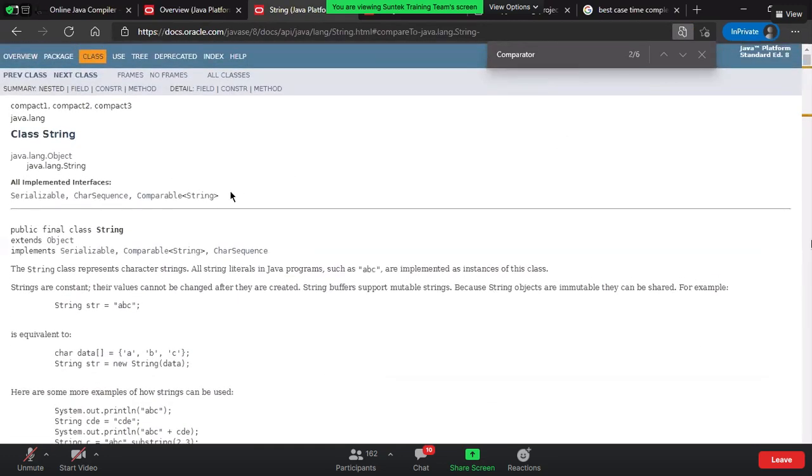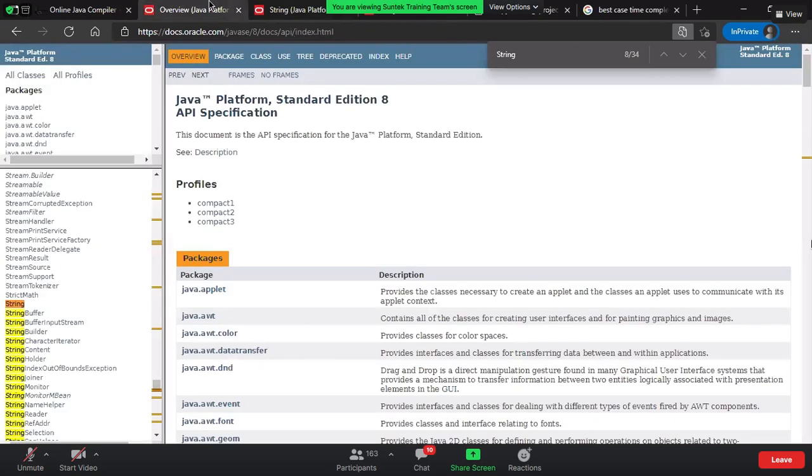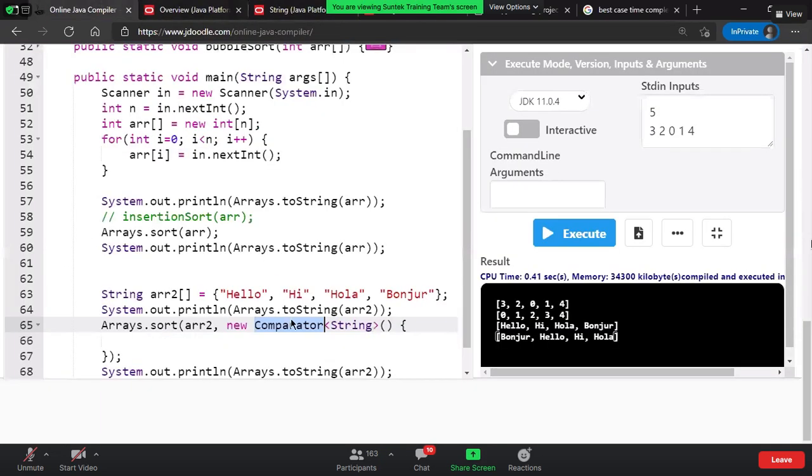So Comparable is an interface. Comparator is a class that is implementing that interface, but it's an abstract class. So you have to write this logic here. You have to write a method which is public, and it should return an integer value, compareTo. It takes a string